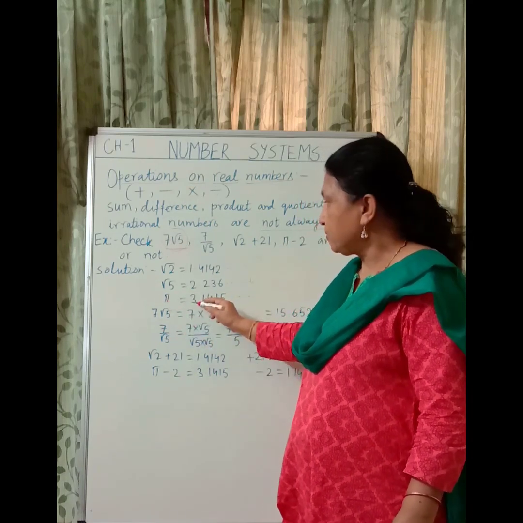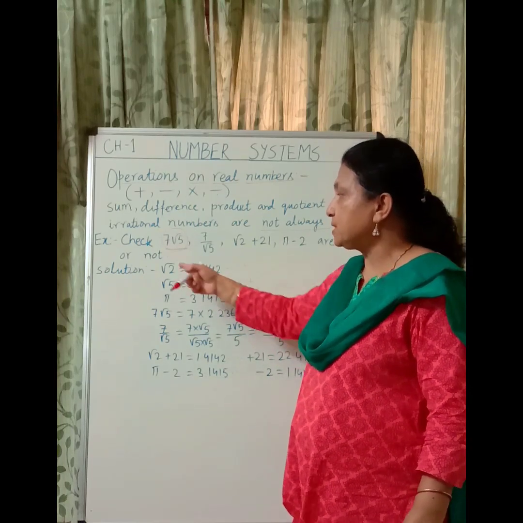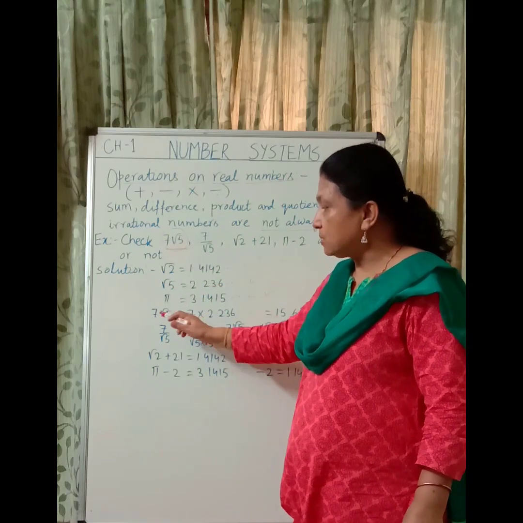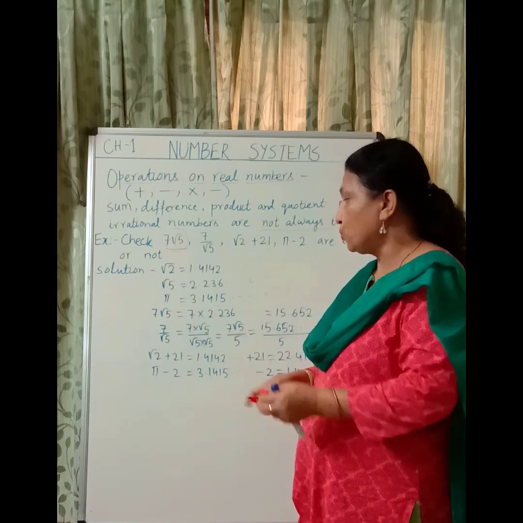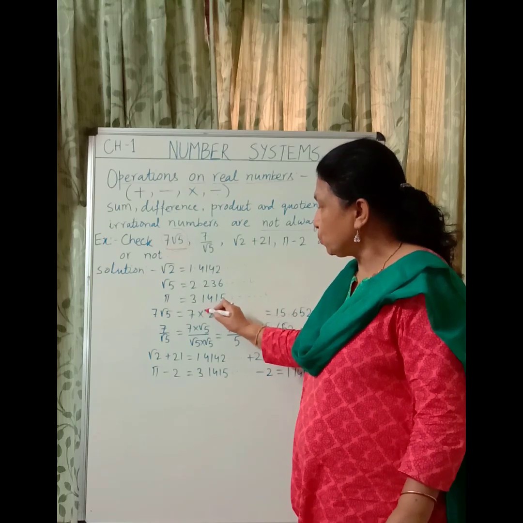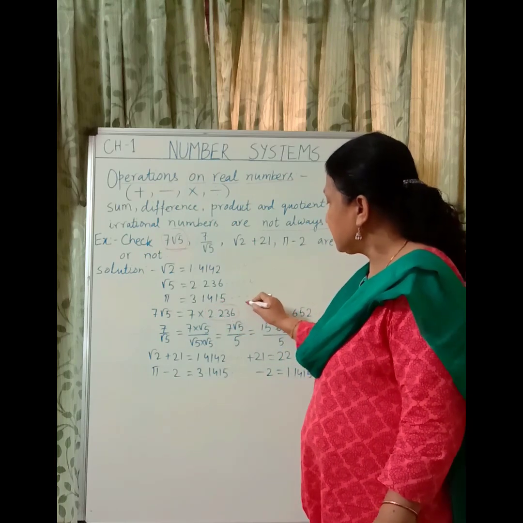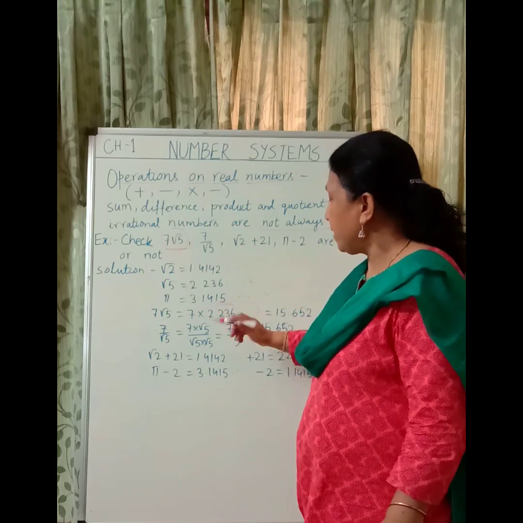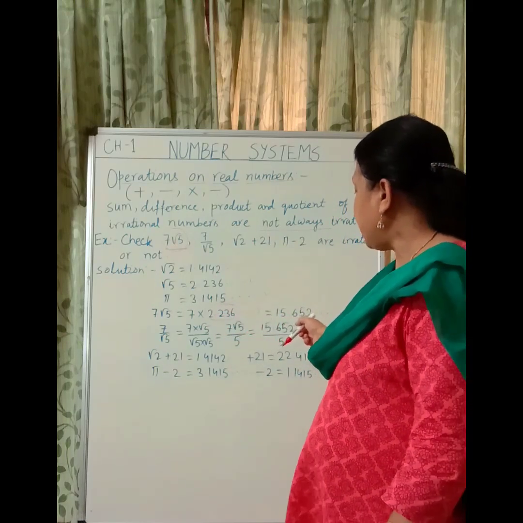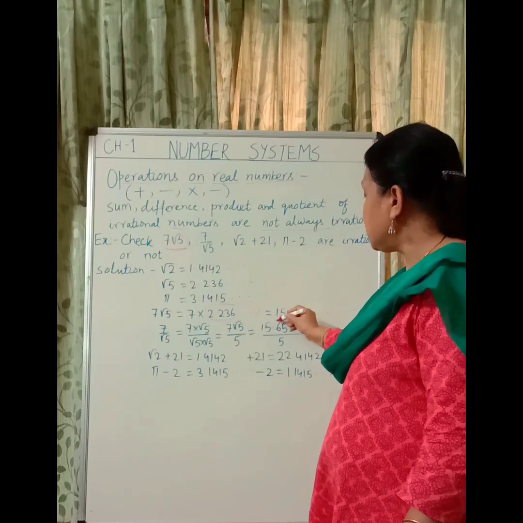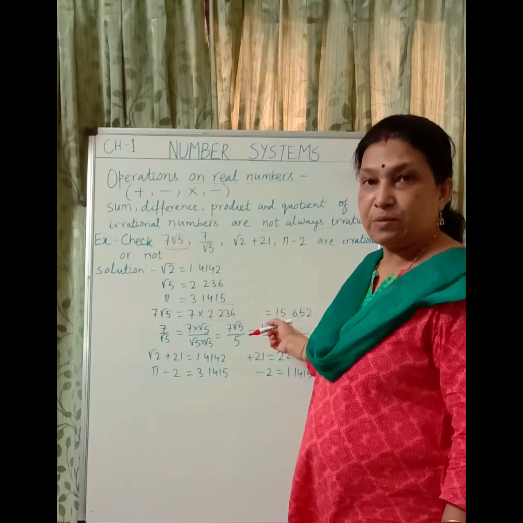Value of pi is 3.1415 and so on. So they are the values of these numbers. Now to find out 7 root 5, what have we done? We have multiplied 7 with root 5. The value of root 5 is 2.236 and so on, so 7 multiplied by 2.236 and so on gives 15.652 and so on. You can notice the decimal expansion of this number is non-terminating, non-recurring.